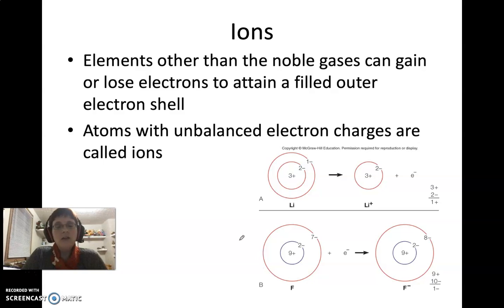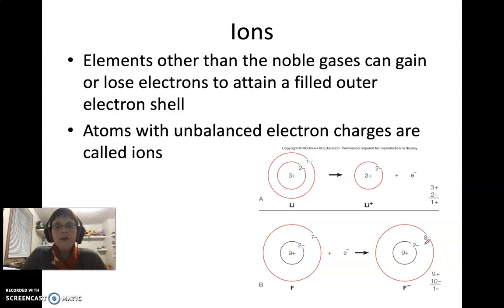So down here we've got the opposite going on. We have fluorine. Fluorine has 7 electrons in its outermost orbital or outermost electron shell. And again, it wants it to be full or it wants to drop down to the next one that's full. So here it's got 7, so it only needs 1. And so it's going to get 1 from somewhere, say a lithium. So it's going to add an electron to that shell so that now we have a total of 8 in